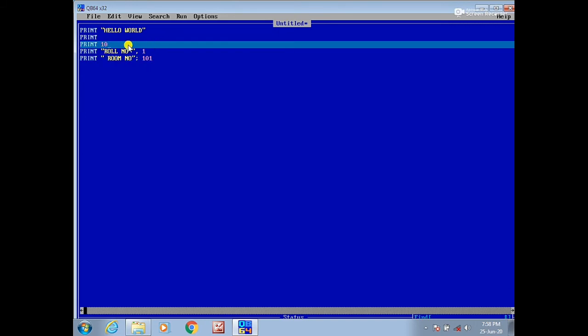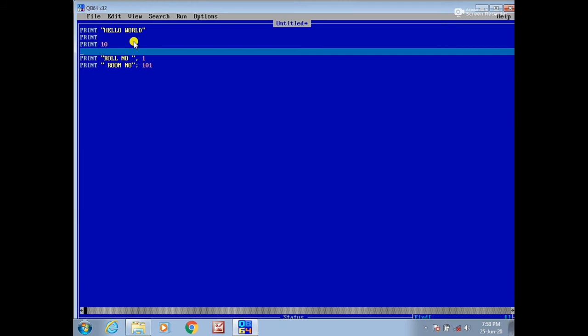And before this, I am going to use the REM command. Actually REM stands for remark. Remarks are non-executable statements in a program that enhance the readability of the program code. They only appear in the programming code and have no effect on the output of the program.